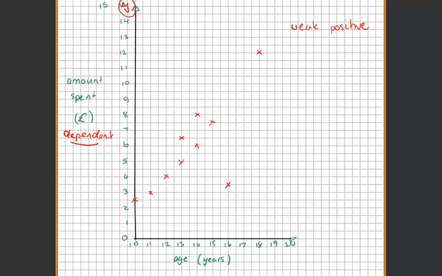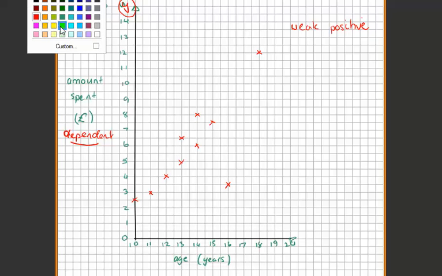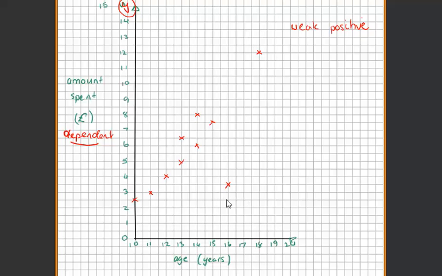Now I'm going to give you another little bit of vocab here. If it's a positive correlation, it goes from left to right, it goes up. This point here is potentially what we call an outlier. Can you just put weak on any one? Well, no, because I think you're right with weak. However, if it's a positive, this is an outlier, and an outlier is